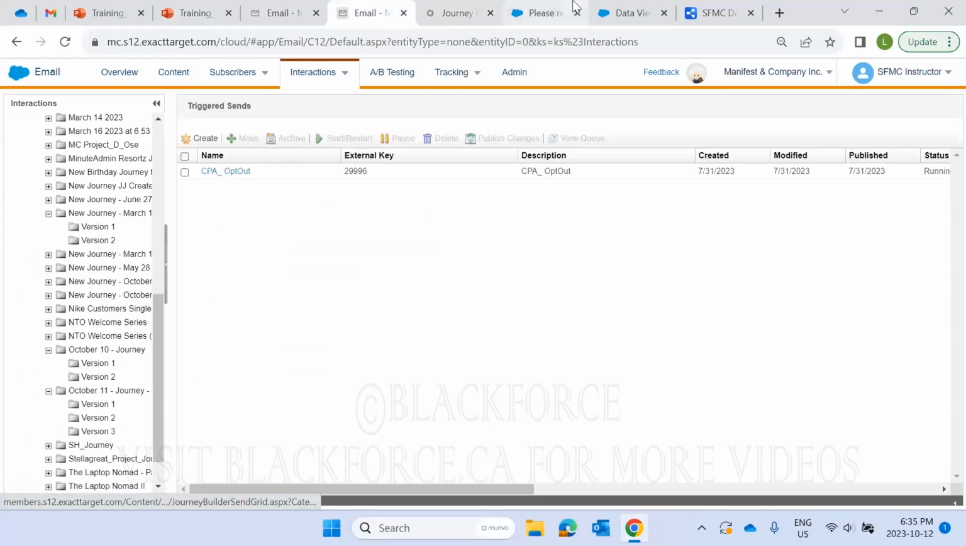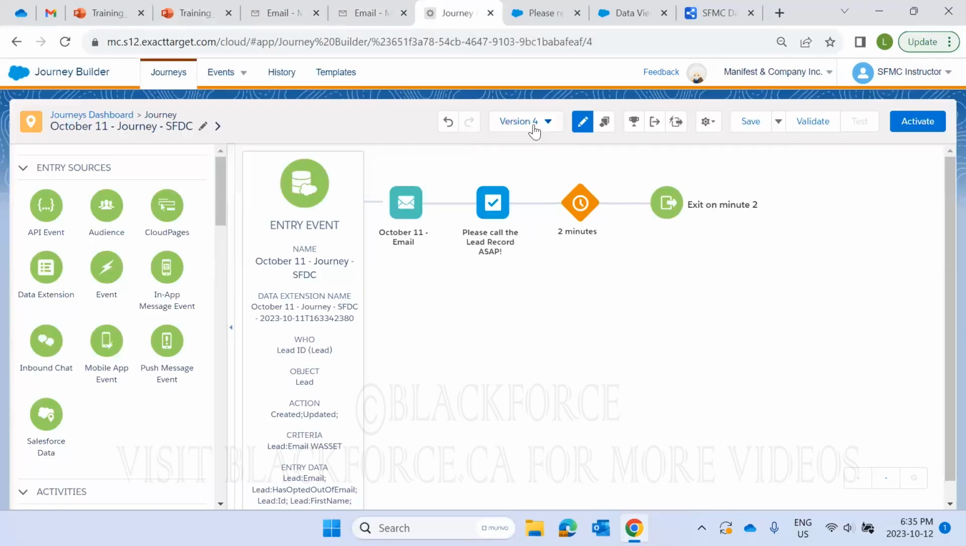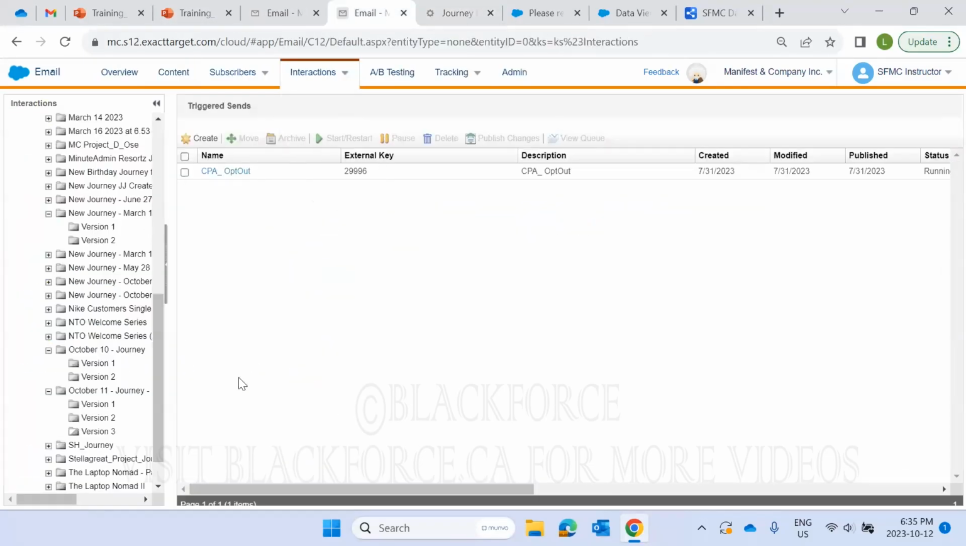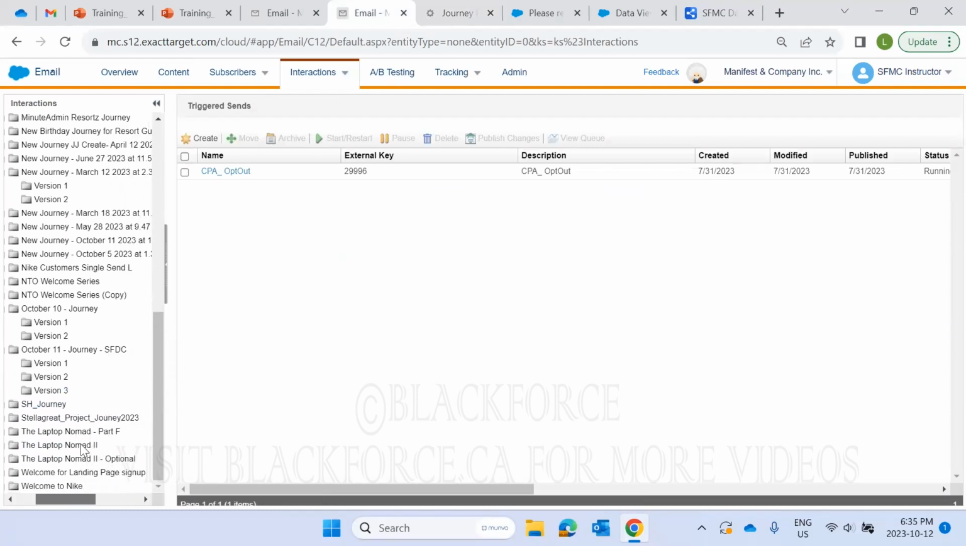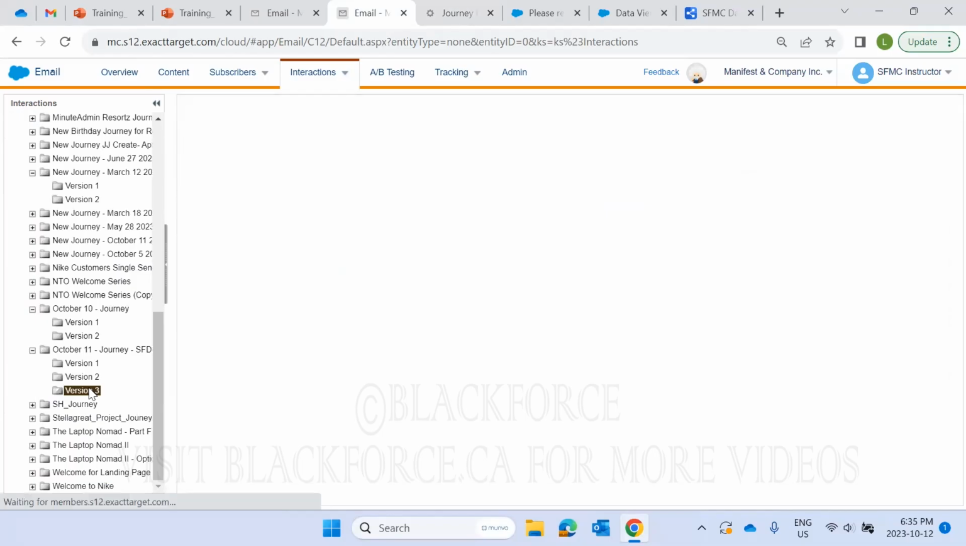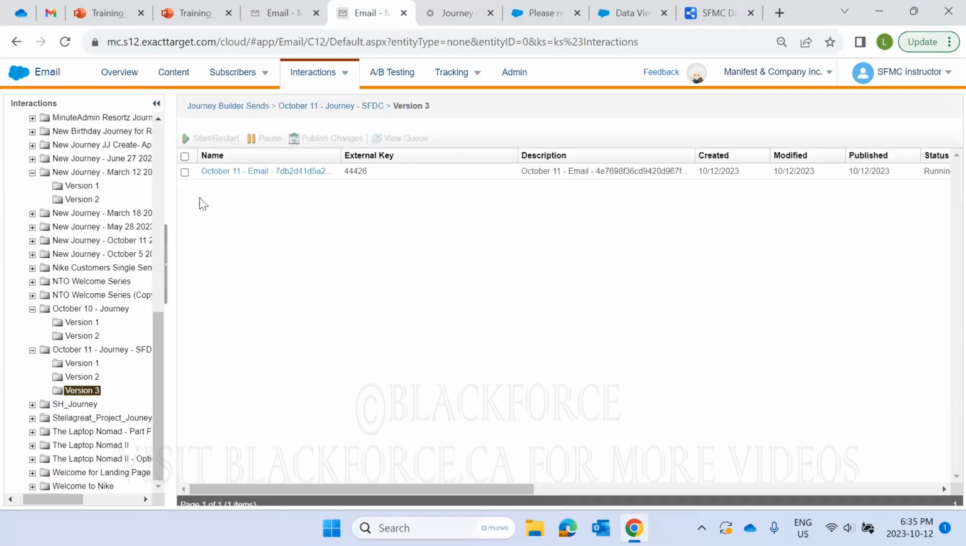So October 11th, but we're on version 4. Whichever one is active is the one you want to be updating, which is version 3. Right. But so here's your one that's in there, and you wanted to update this. So what you'd have to do is check the box, and you'd have to pause it,